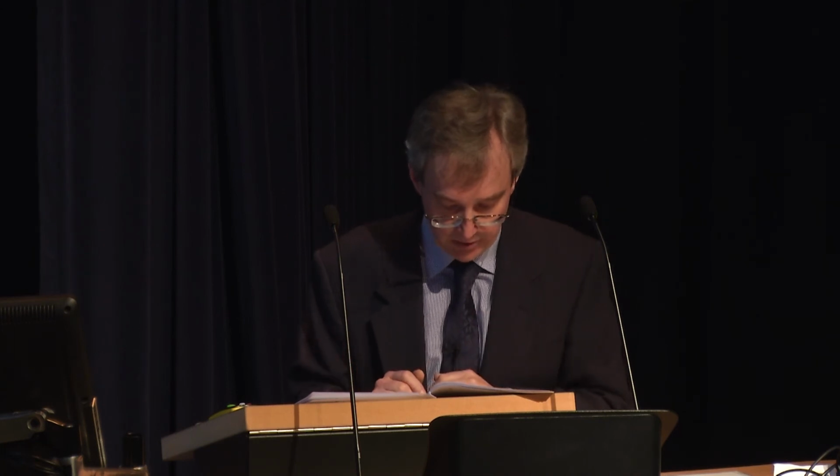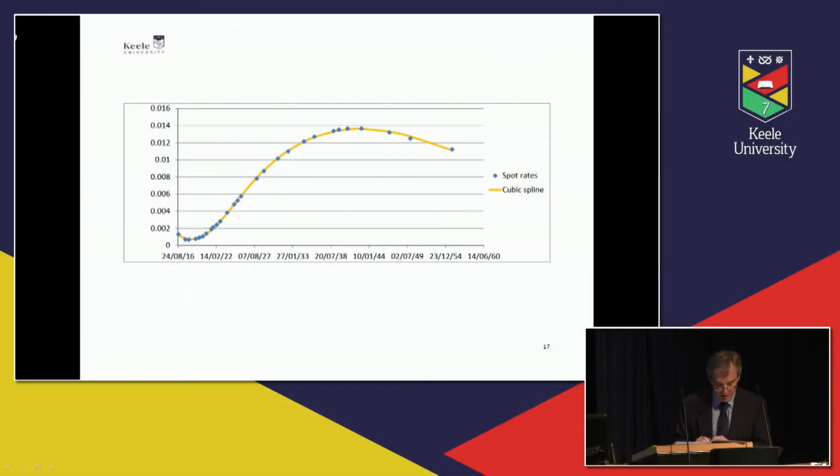So there are robust techniques to extract the blue dots, the term structure of interest rates with reasonable accuracy, and this is good because it has lots of useful applications, which I've mentioned already. But these techniques involve fitting a curve, so they also not only identify the blue dots, but they also join the dots together. You can see that the yellow curve actually runs between the dots as well. So they can also provide measurements of interest rates appropriate to future dates upon which no bond actually makes a payment. So for example, we can use this fitted curve to find the interest rate for payments at this point of time in the future, even though there's no bond actually making a payment,